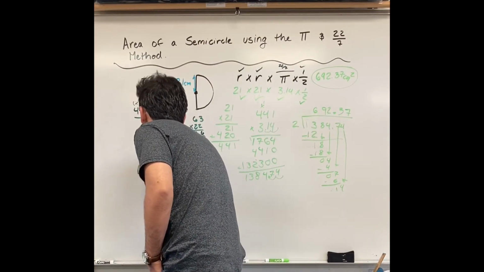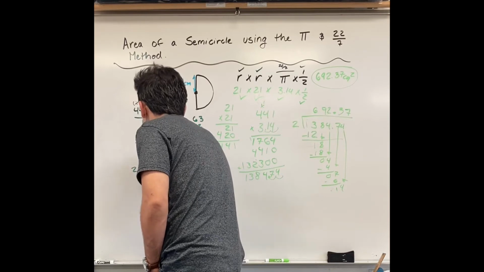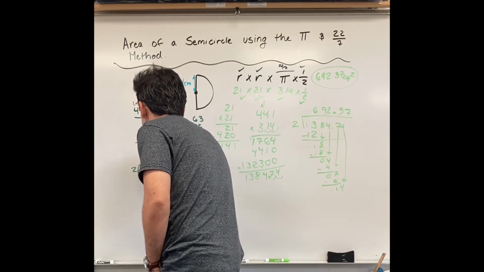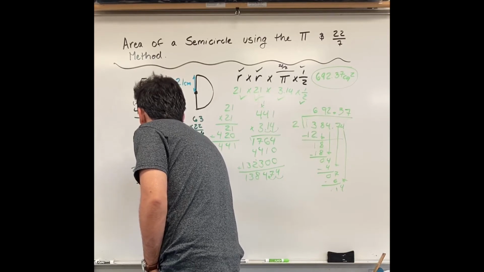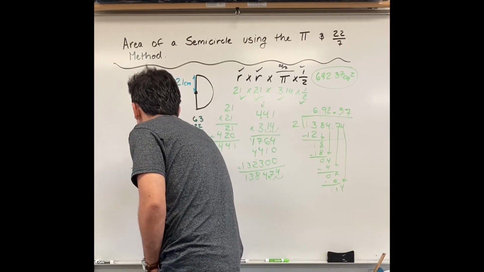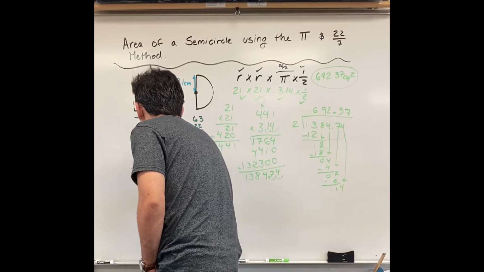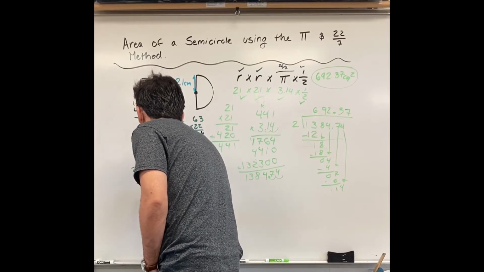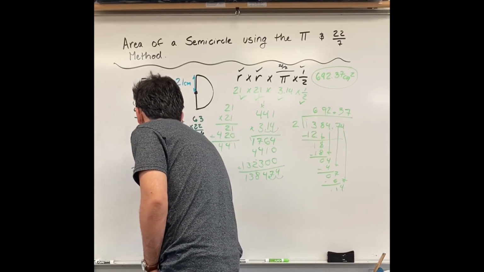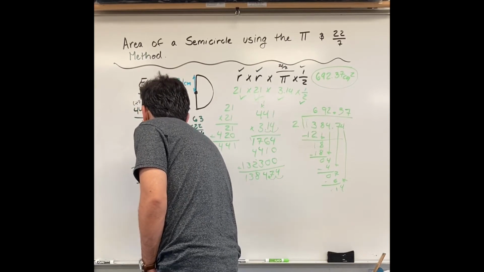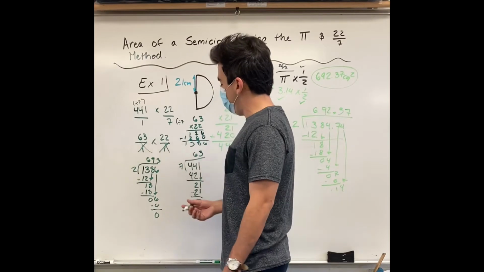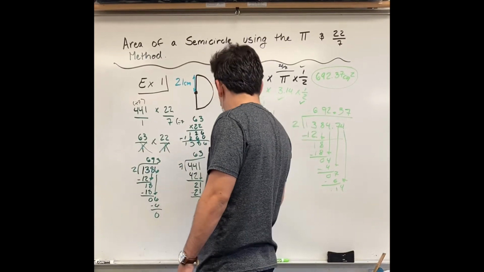1,386 divided by 2. 2 goes into 13 how many times? Good, 6. How many times does 2 go into 18? 9. Very good. And how many times does 2 go into 6? Good, 3. And 0 remainder. So my answer using the 22/7 method is approximately